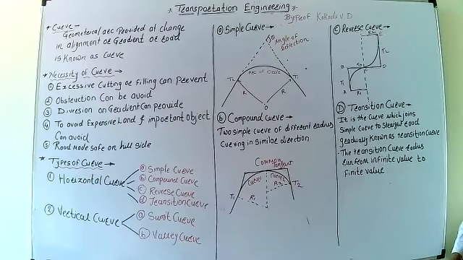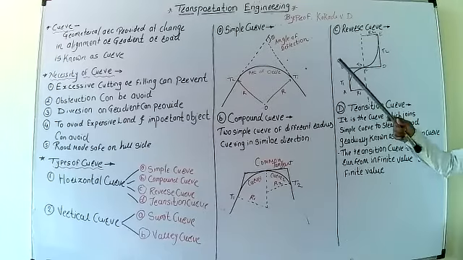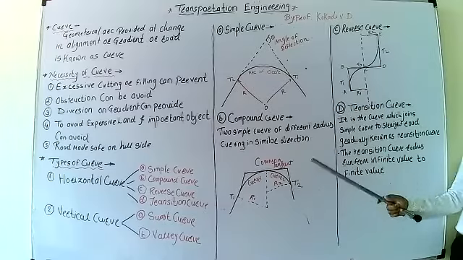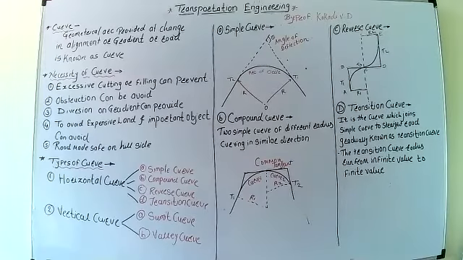So if we consider that T1 and T2 are the tangents, if they further continue, they will meet at this point, and when they meet at this point, providing a simple curve is also possible. But further there might be expensive land and hard rock, or there might be some kind of valley. So that's why we provide that compound curve. So the length of the curve in this situation is very high.